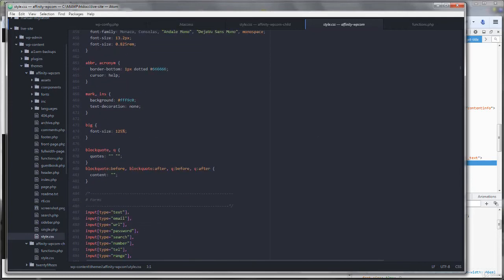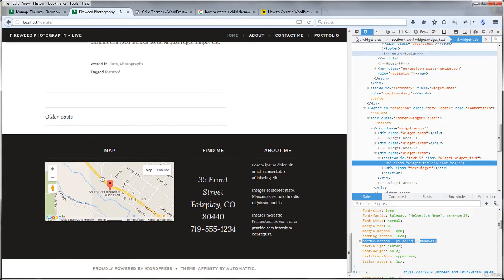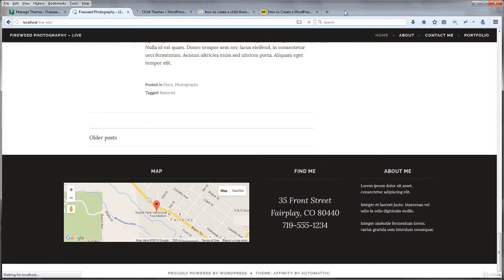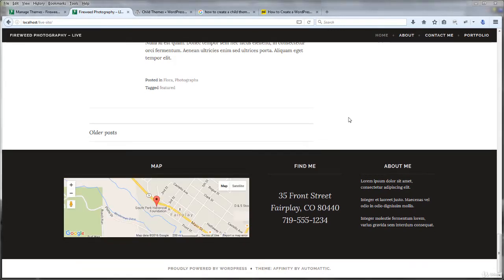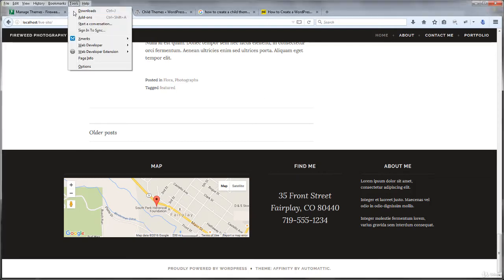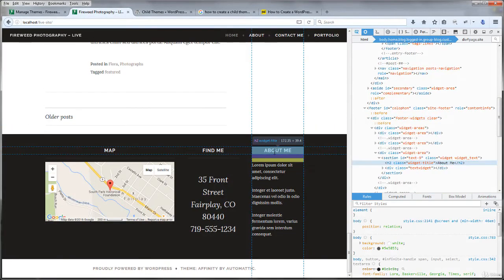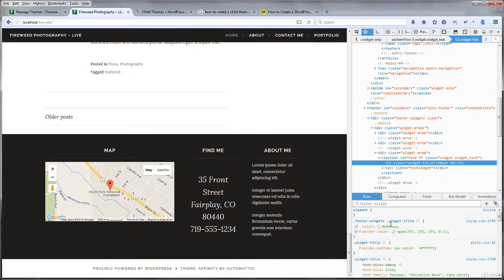Well, let's go back to our website and take a look. If I just close the inspector and refresh the page, since I saved that style.css file, well, sometimes you might have to do a little bit of experimentation, because I can see that didn't change that border-bottom to white. So I did go back into the web developer toolbar and open the inspector, actually. And when I look at this area, I also see that there's a .footer-widgets class in front of the widget title as it's defining its border and its color as well. So if I take that